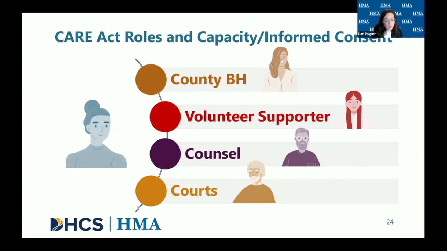And also, if possible and appropriate and in alignment with Mary's desires, to help Mary communicate what her wishes and preferences are. Again, I think this is sort of a mix between those internal and external factors that might affect a person's capacity to give informed consent. And a lot of this is about communication. Does Mary feel comfortable and supported to communicate what it is that she wants to, which is another form of consent, right? Of taking in the options and then deciding what it is that she wants to do.